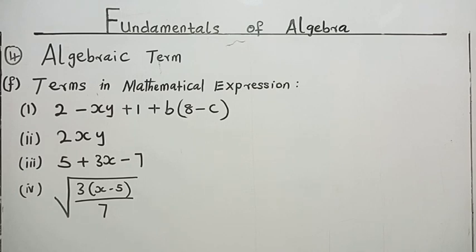My question is, how many terms are there in this expression? Is it 2? Is it 1, 3, or more? Please, what do you think? Don't forget what you should see in a mathematical expression to call it one term. All right, this is 2 minus xy. At least that is a difference. And that difference